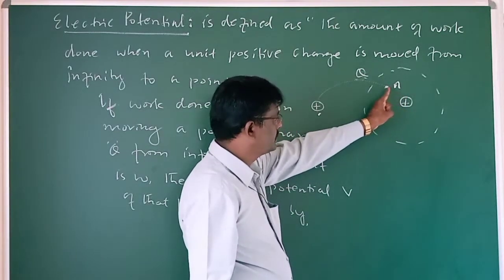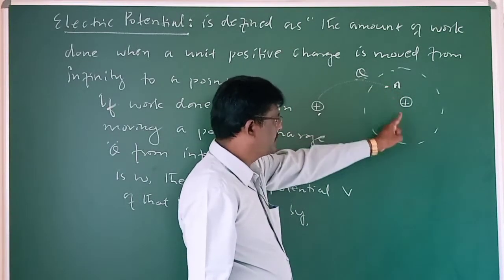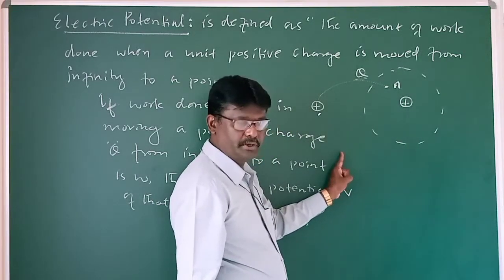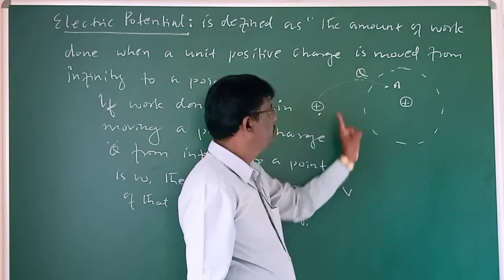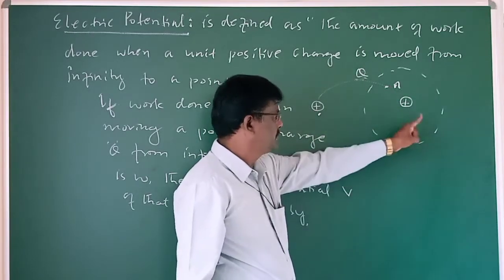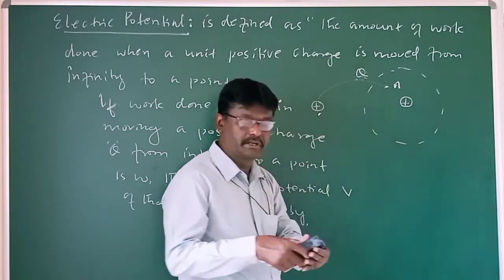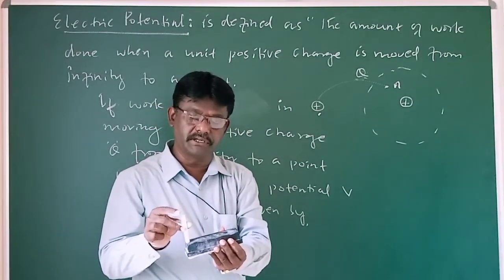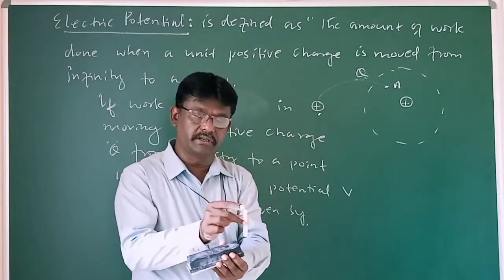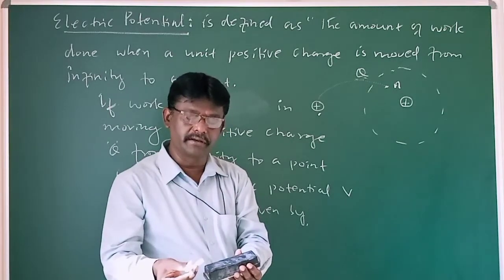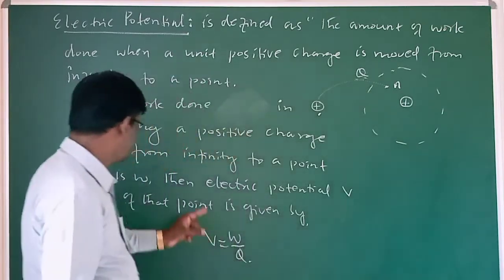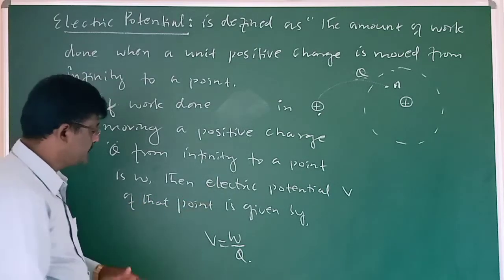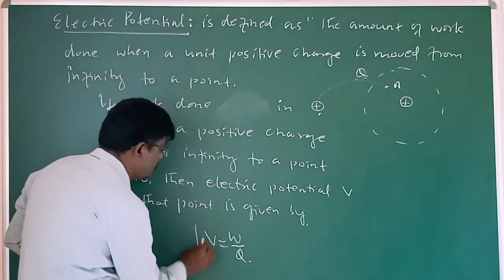In order to find electric potential at A, at B, at C, you choose a point. From infinity to that point, some work has to be done to move this charge. That work done, we say potential V of that point is given by V equal to W